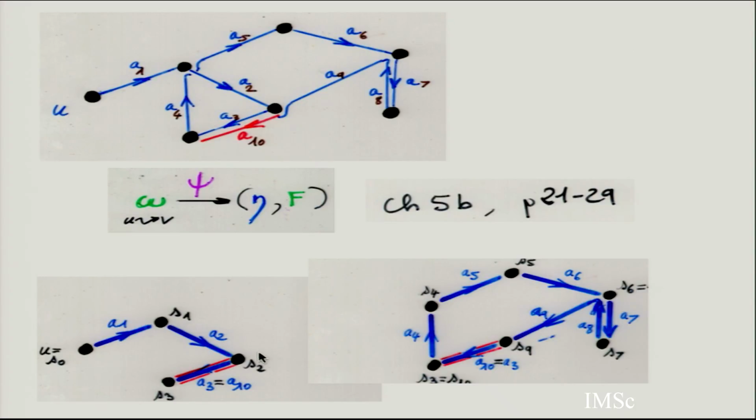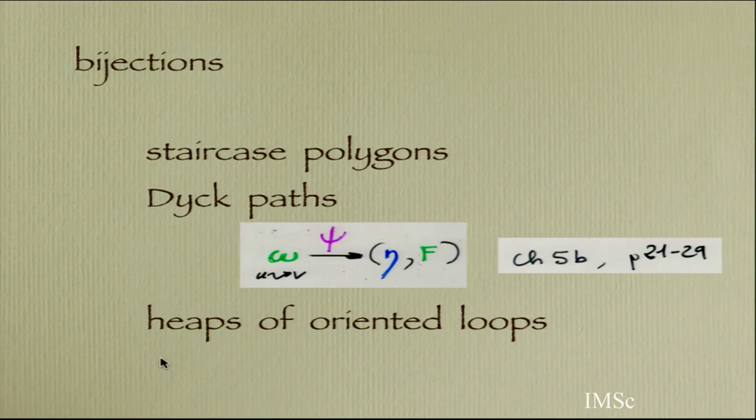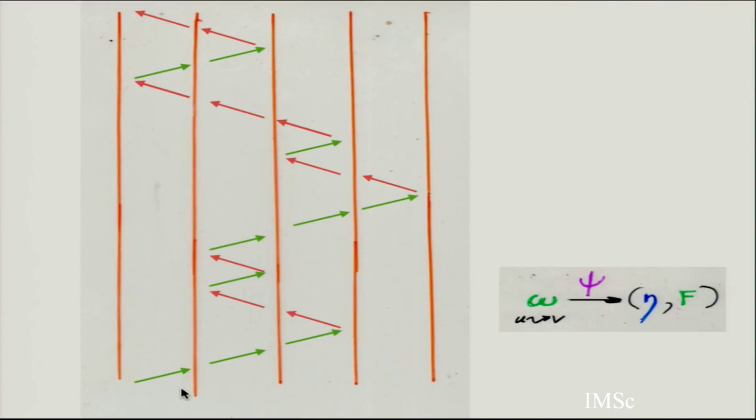So this was, I need this to prove the Ihara zeta function on graph. So let's do this for a Dyck path. This was also an exercise in the class, heaps of oriented loops. So here is a Dyck path, rotated Dyck path. And then I follow the bijection psi now. So you have this, and then this, you see. Nothing falls down, like in the Viennot bijection, because I have a sequence where all the edges are different. But now when I do this, this edge is the same as this edge. So an oriented loop is falling down.